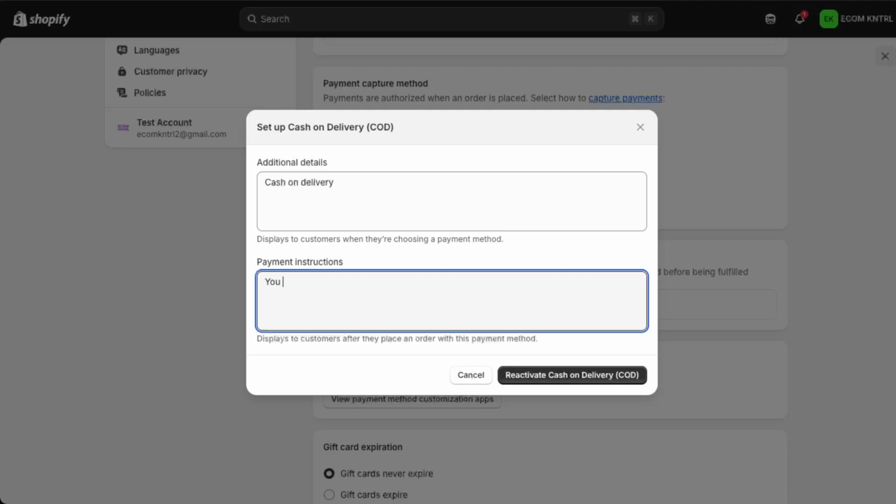These instructions are shown to customers after they place an order using cash on delivery. Use this area to clearly explain what happens next. For example, you can remind them to have the exact amount ready or outline how your delivery team will contact them. Take a moment to review what you've written in both fields, making sure everything is clear and easy to